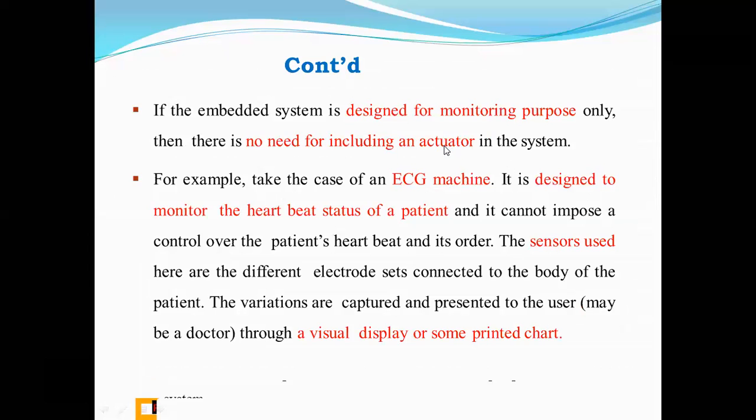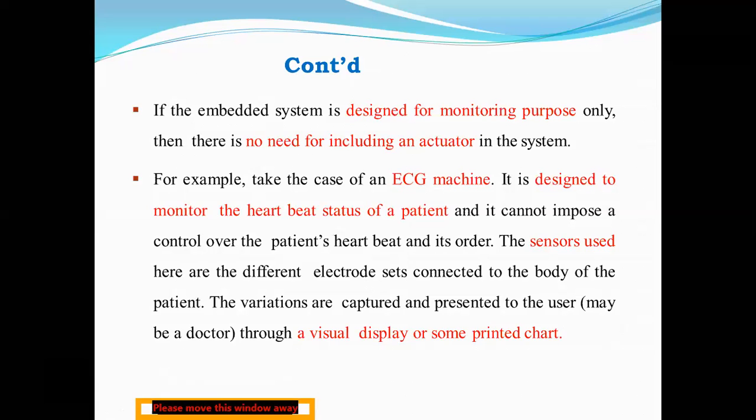So even here you can see the sensor; the best example is given on the ECG machine. You know what the ECG machine does? Basically, it is used to monitor the heartbeat of a patient, right? So how does it take the heartbeat of a patient? They have electrodes, right? So electrodes are nothing but the sensors there. These electrode sets, they put onto the body of the patient, right? And that patient's heartbeat will keep varying, right?